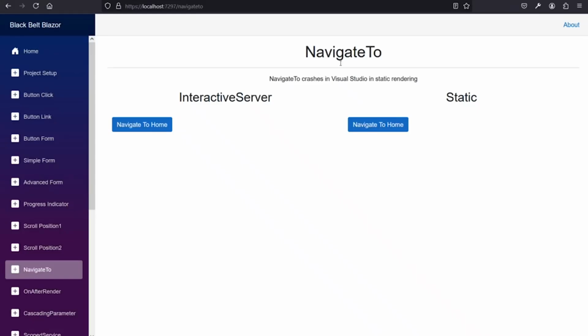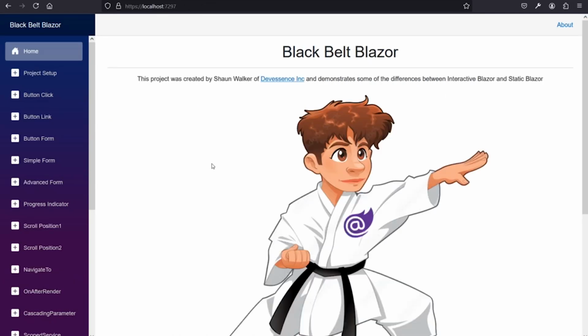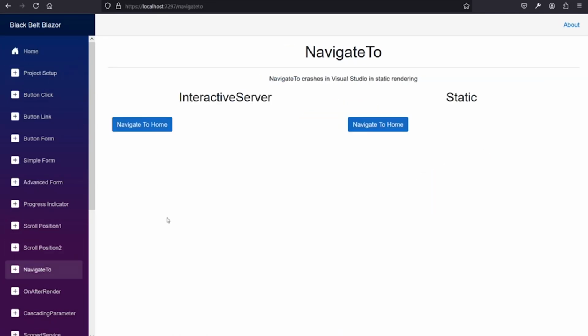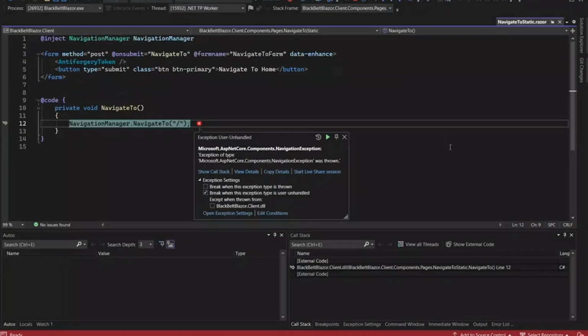When I'm running interactive Blazor and I say navigate to home, it takes me to the home page, just like I would expect it to. If I try to do this in static Blazor, boom, I get an error. I get a navigation exception error. And for .NET 8, Microsoft's recommended approach to deal with this problem, since this does not happen in production and only seems to happen in Visual Studio when you're debugging, is to basically